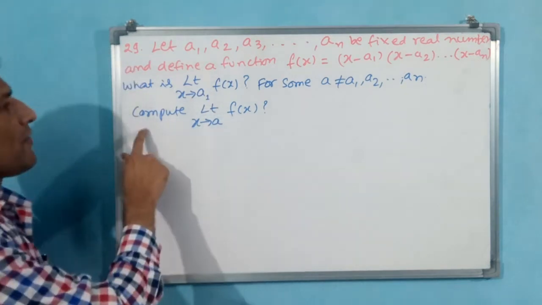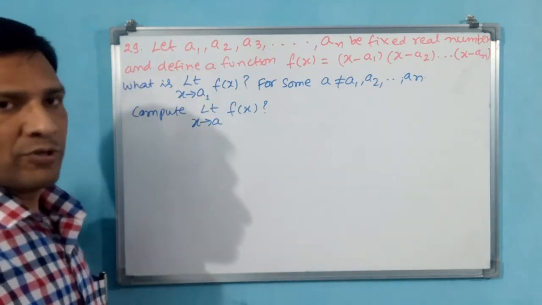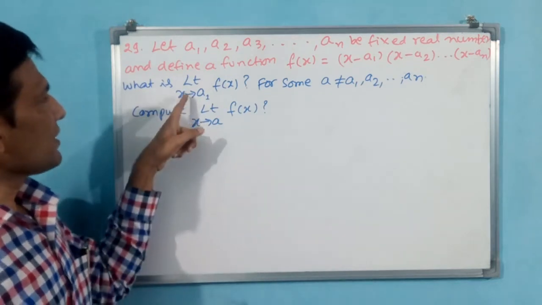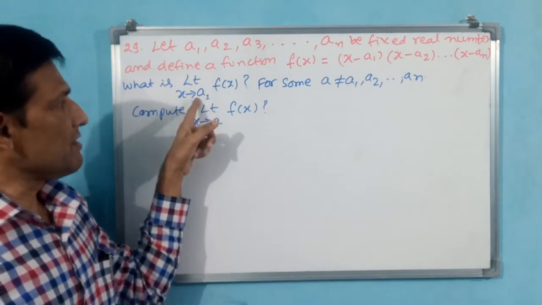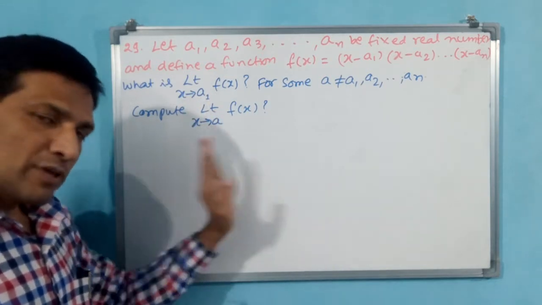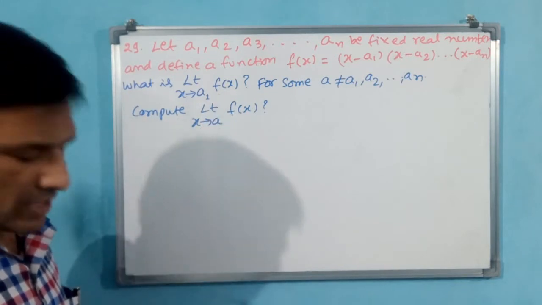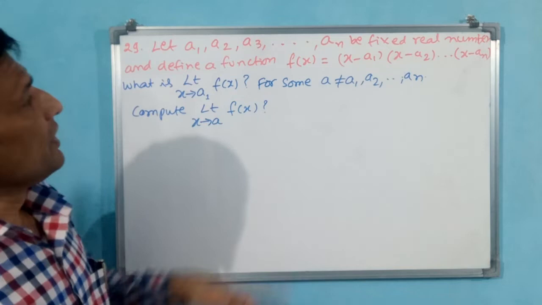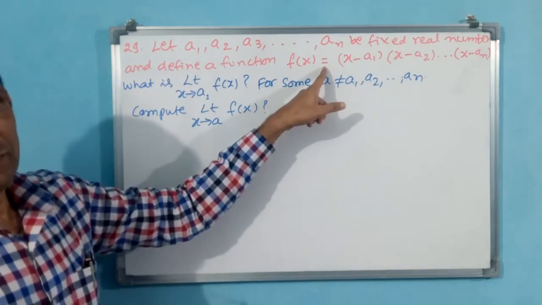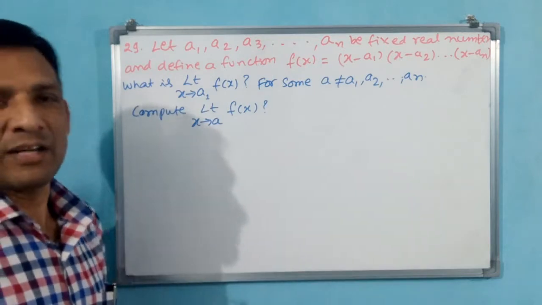Then you have to find f of a. Sorry, limit x tends to a, f of x. That means f of a is going to become... See, both are different. Limit x tends to a1, limit x tends to a. a1, a, both are different. Both separately you have to find. Let us find this a1 first. See here, you observe carefully. Here equal to is there, unequal is not there. Directly, with one step only, you can find. That you keep in your mind.